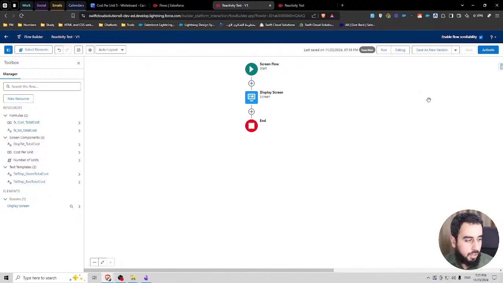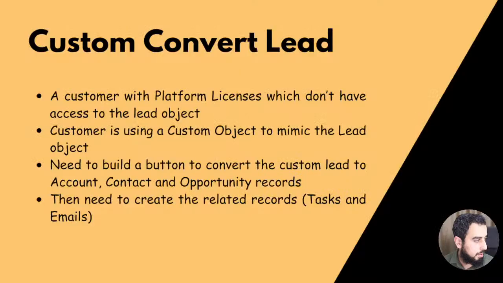Let's move on. Let me share with you the use case that I had prepared, and okay, I think I pushed it to the screen, but do you guys see a custom convert lead, or does it not show up yet? Oh, I think it came up now.